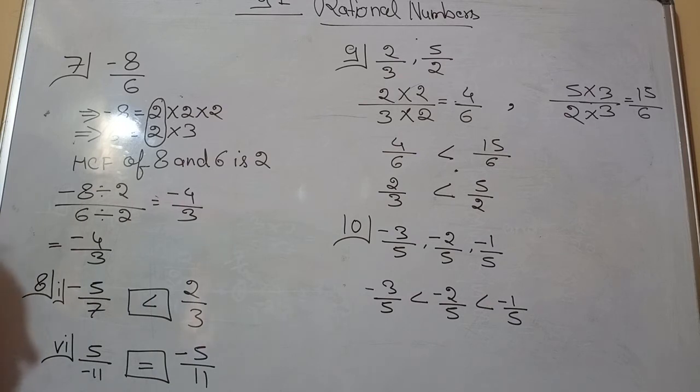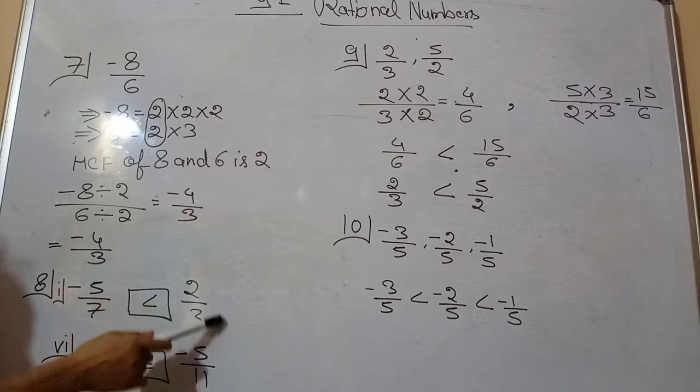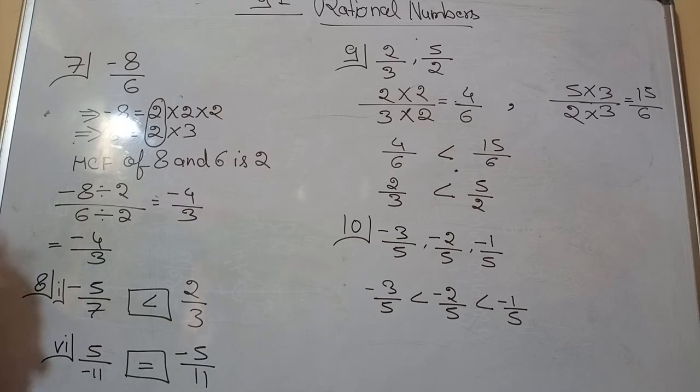Now in question number 8, what we have to do? In question number 8 we have to fill in the signs greater than, smaller than and equal to. So see, there is a simple method: the term which has a negative sign is smaller as compared to the term which has a positive sign. This term has a negative sign and this term has a positive sign. So if this type of question comes in front of you, there is no need to think anything. Just take the positive number as greater. The number with a negative sign is smaller and the term with a positive sign is greater. So 2 by 3 is greater than minus 5 by 7.